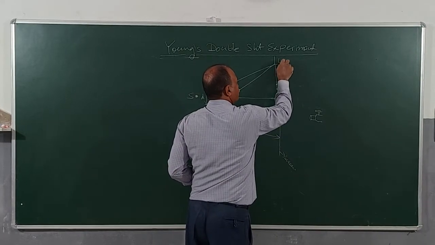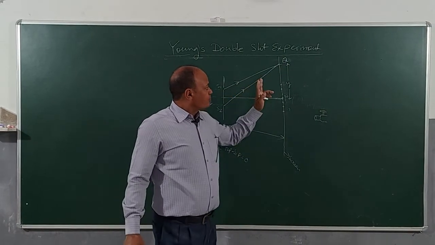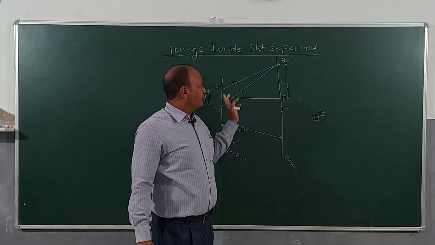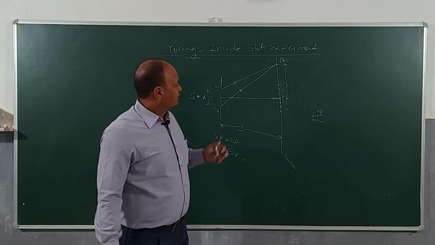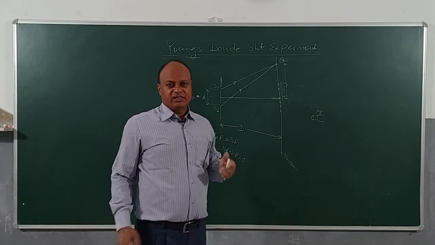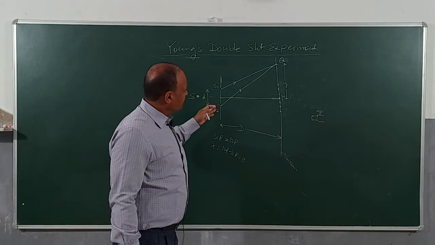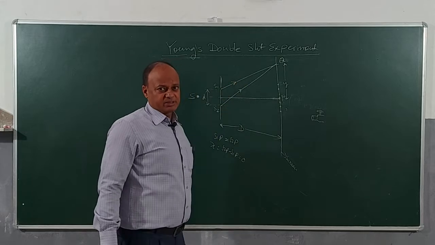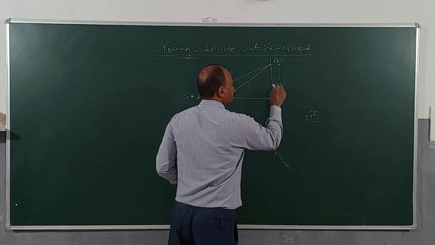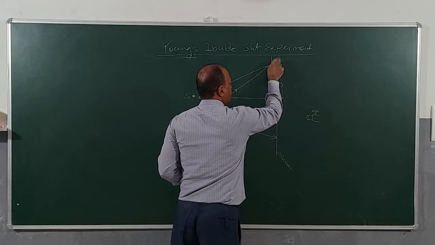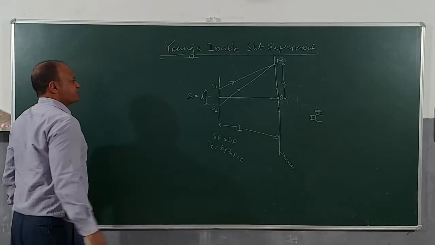I will say this point Q, because P I have already taken. So I will take this point Q. So in fact S1Q and S2Q are so very small that they can be measured under microscopic scale. They are very small distances. Clear? So let us find out how much is the path difference between the two waves, or if you are comfortable, then we can mark this point as O, and you can mark this point as P. That is also good, because we are used to writing S1P and S2P. Clear? So we will make certain assumptions.